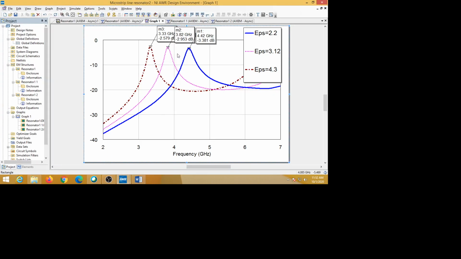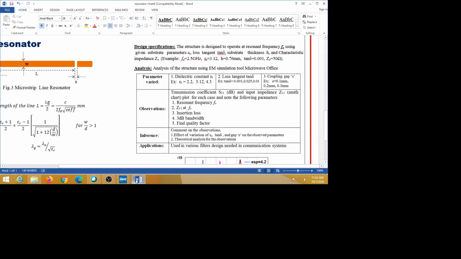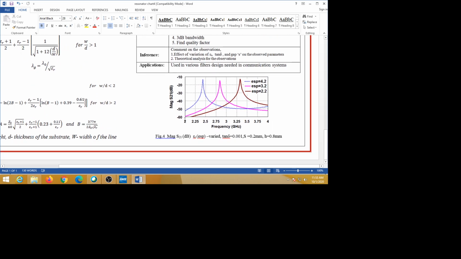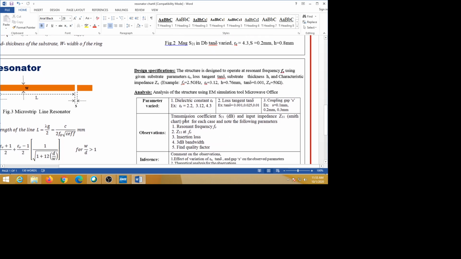We observed it is shifting to a lower frequency as the dielectric permittivity increases. Why it is happening like that, you have to explain. For everything, what happens and why it happens, you have to explain in the inference. So this is about parametric variation.